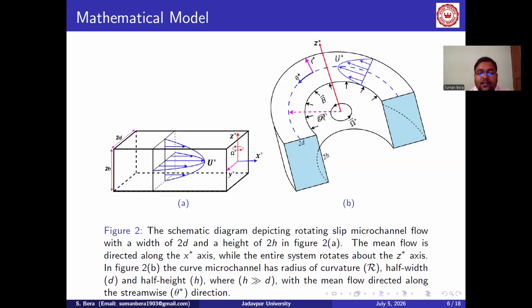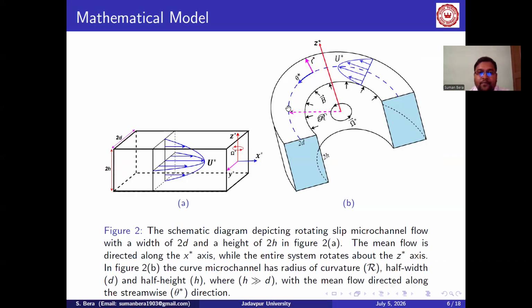And the second one is the curved rectangular channel where the flow is along the theta direction and the whole system rotates about the Z axis, and a transverse magnetic field is applied along the R star direction, which is perpendicular to the flow. In this type of problem, we analyze the effect of rotation number, Dean number, curvature and Hartmann number on